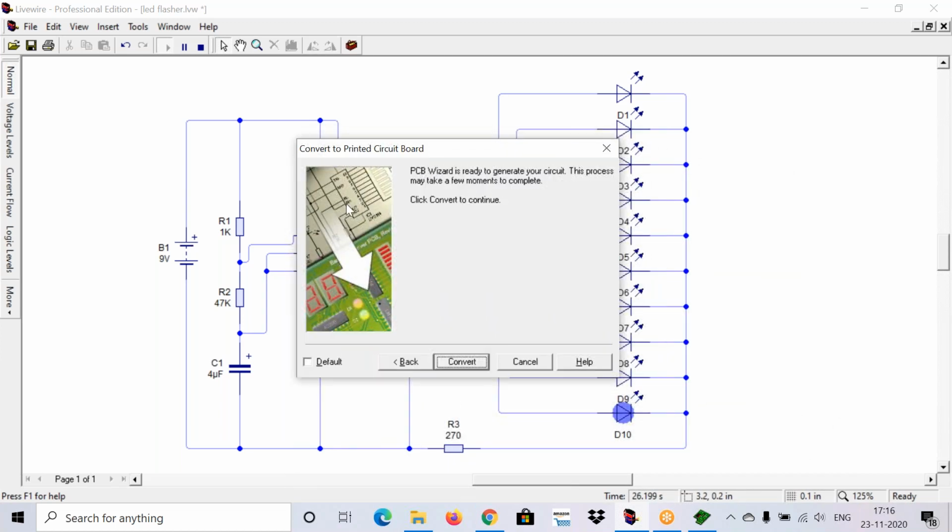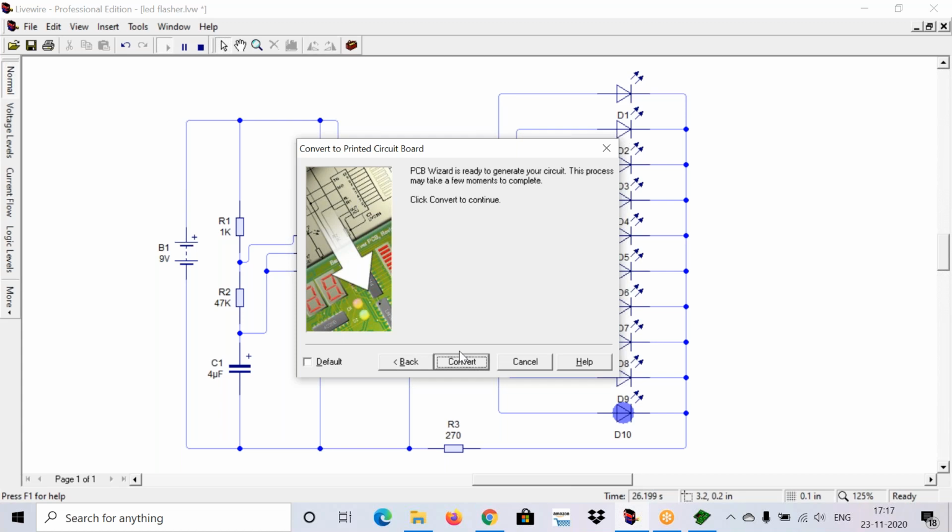Now you can open any one of your circuits, but the LED flasher is a little large circuit, right? That is the reason I have opened it. You can auto route simple circuits also, like astable multivibrator and bistable multivibrator. If your circuit is simple, the auto router will give you 100% output, nothing but a perfect output. But we should not use the auto routed output for designing PCB layouts. Always we need to use the manual routing process only. I will explain the reason why we need to use manual routing.